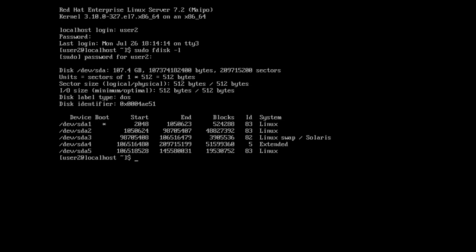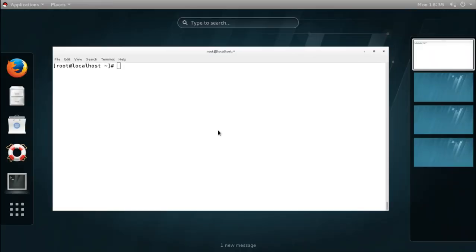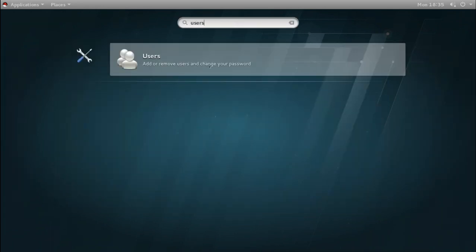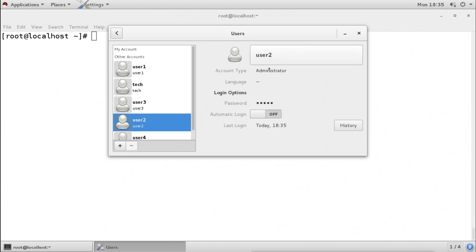Now how does it work? We have not added this user into the sudoers file. Because we used the graphical tool here to make the user an administrator, basically what it does is, remember the wheel group.